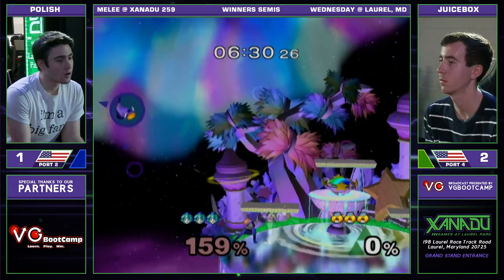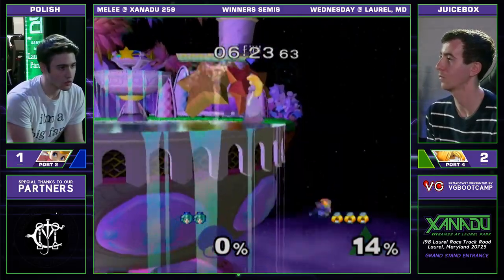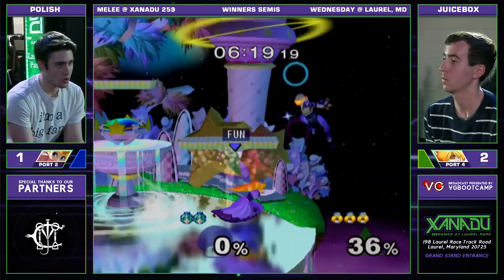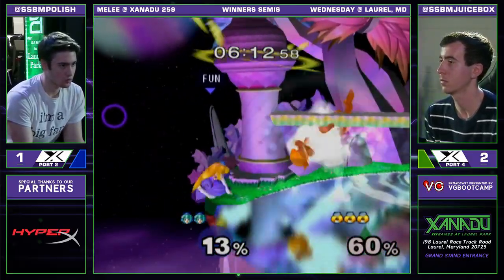Stitch face coming out. That could be just what Polish needs. Oh. Yep. Maybe he does. Juicebox with the nope. Dang. He's definitely feeling himself. You're right. He's getting confident. Yeah. Now the only problem is confidence can lead to a couple mess ups, but hopefully he'll